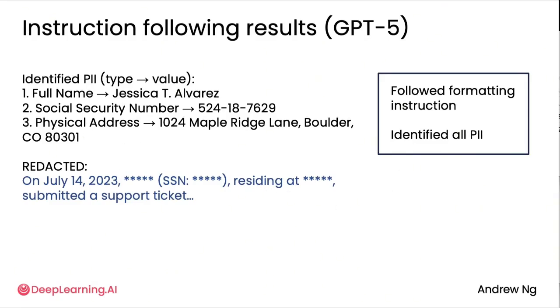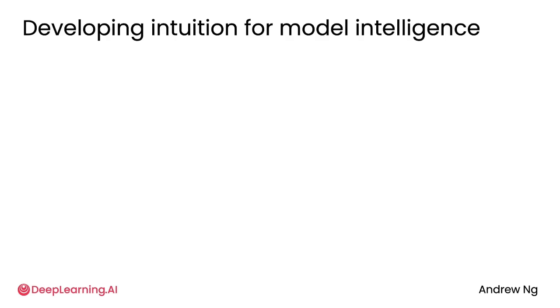And so I find that as different LLM providers specialize on different tasks, different models really are better for different tasks. Some are better at coding, some are better at following instructions, some are better at certain niche types of facts. And if you can hone your intuition for what models are more or less intelligent and what types of instructions they're more or less able to follow, then you'll be able to make better decisions as to what models to use. So to share a couple tips on how to do this,